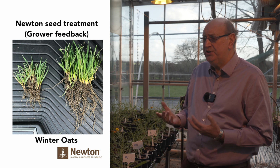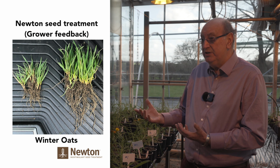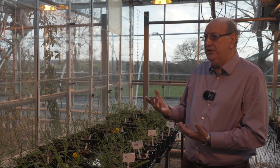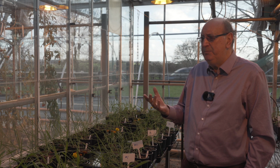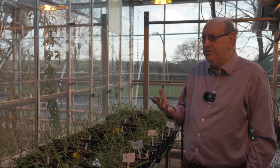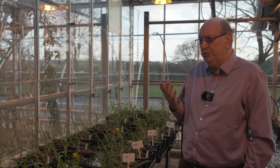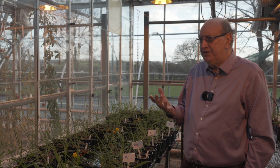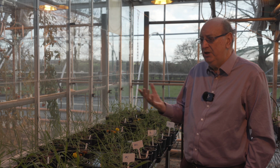But perhaps a more elegant way, which Interagro have been exploring, is the use of biostimulants as seed treatments, whereby we can simply apply the product before drilling occurs and get an effect on early establishment. Now this can be very critical if your crop emerges, then you're hit by a period of drought. What you need for the crop to survive and become well established in these early developmental stages is a well established root system, and either application of an effective seed treatment or an early application, perhaps with the autumn herbicide,